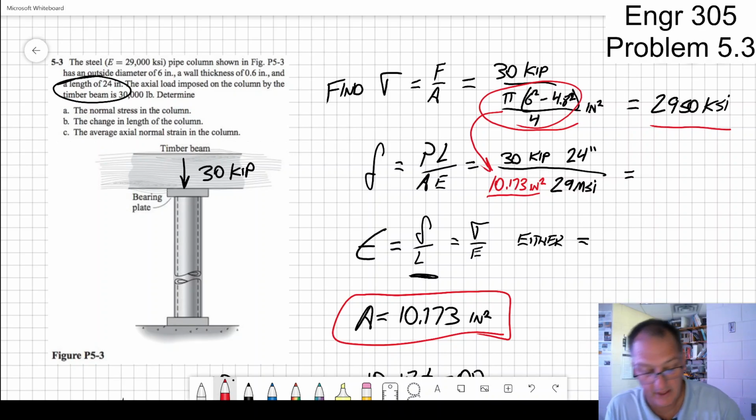Then I wanted to wait a second to do this. I wanted to look at kips, which is pounds, and this Msi has pounds in the top. So the pounds cancel with the kips. Now I still have a k and an M, but that's okay. Then I have inches squared, and this is per square inch, so that square inch cancels with that. And so I'm left with units of inches. So I got that going for me. And when I do the math, because this mega is very large and this is only a kilo, I get